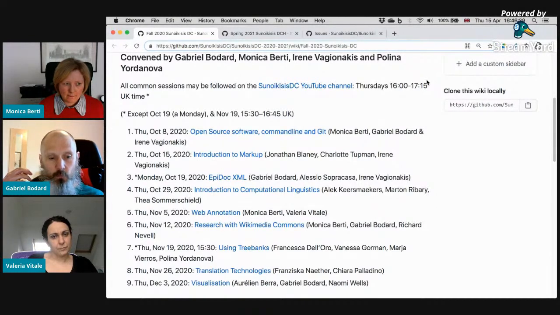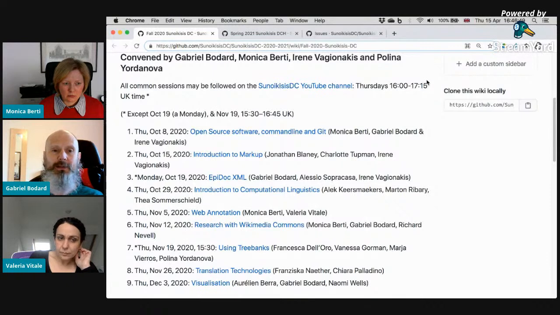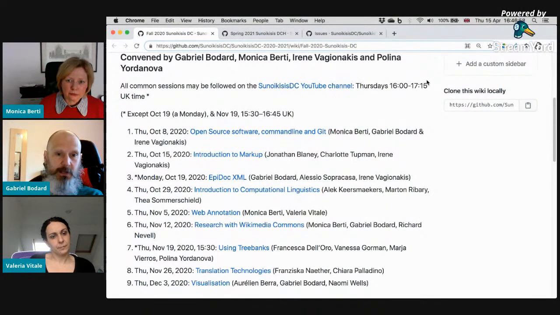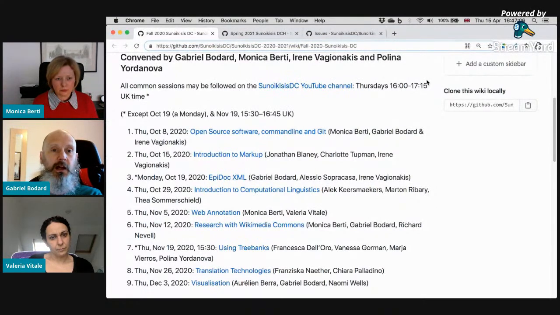We then had several sessions on things related to markup and text encoding. So we had the introduction to markup, where we talked about markup, but we didn't really talk about XML. We talked about markup at a slightly more abstract level. We talked a little bit about XML, but we also talked about using Markdown and HTML and other things like this to mark up texts, which we then followed with a session on Epidoc, which is a very specific XML